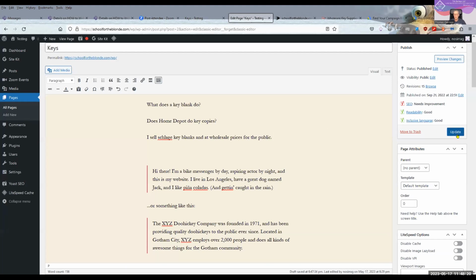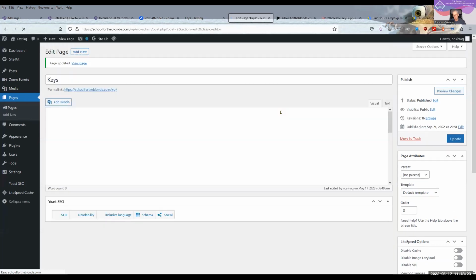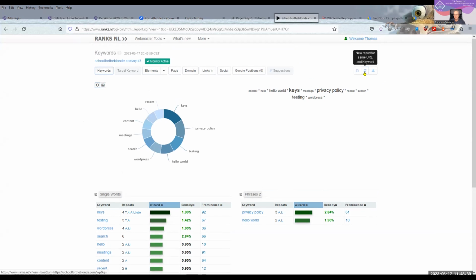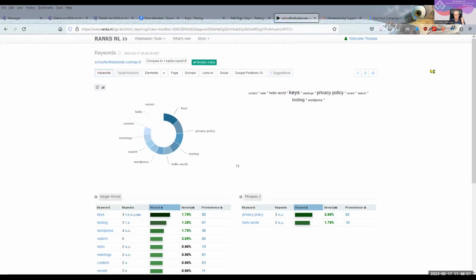All right, so we can update that, but just to show you what you can do here in ranks. Now, in ranks, it's not just showing you what's there now, and then you have to come back later to see what you've just done. Need to move this bar from Zoom out of the way. Everybody see where my mouse is right here? Okay, click on that double arrow and it's going to refresh the page.